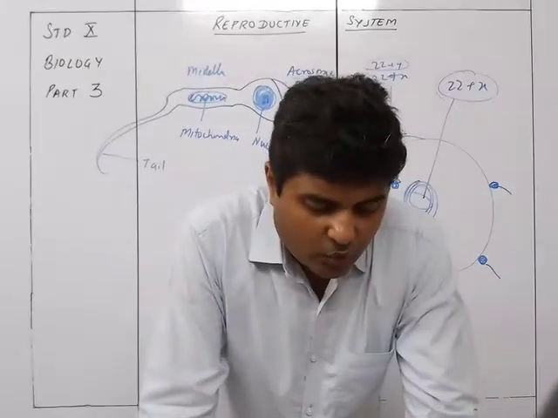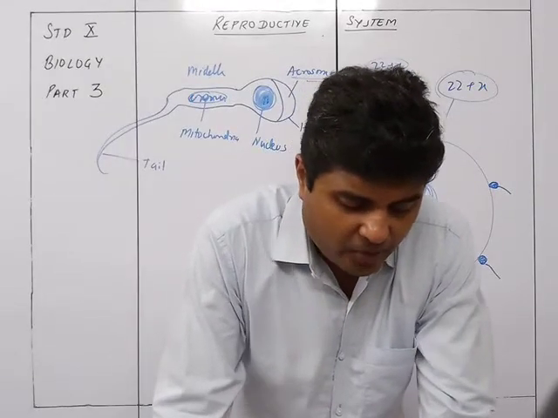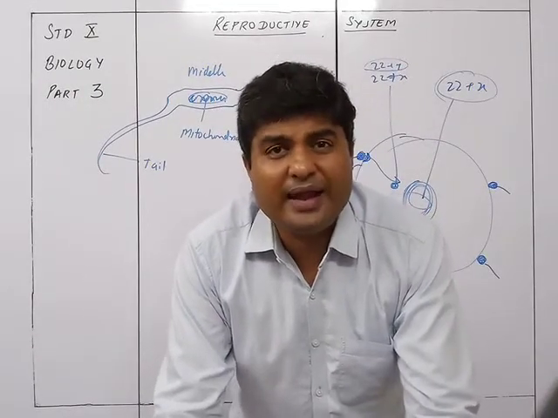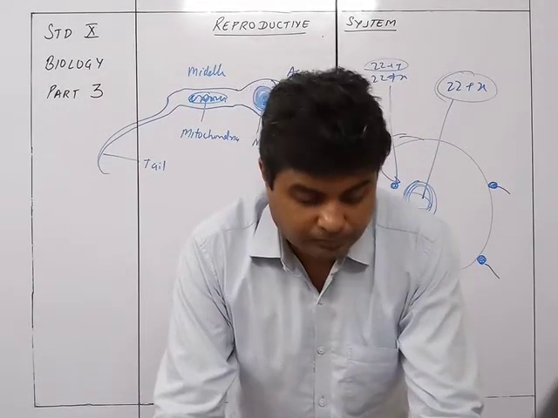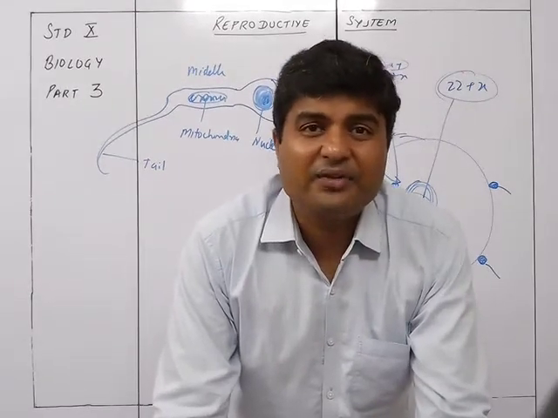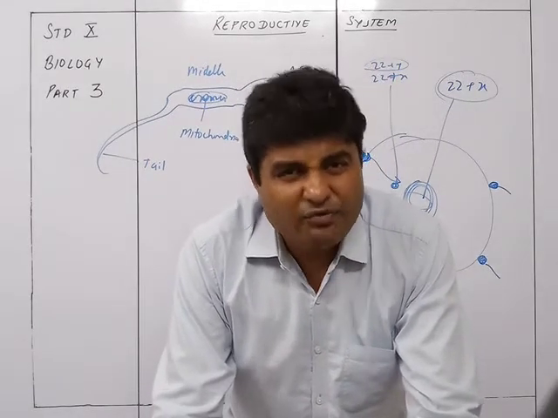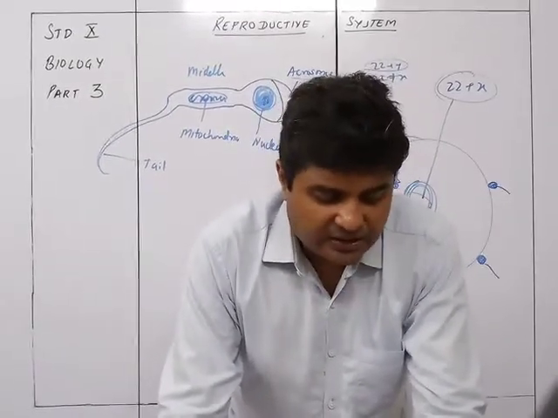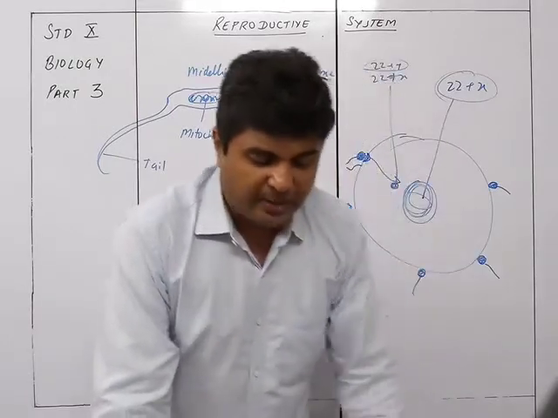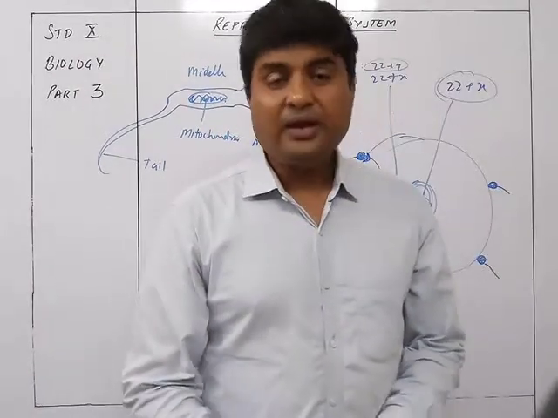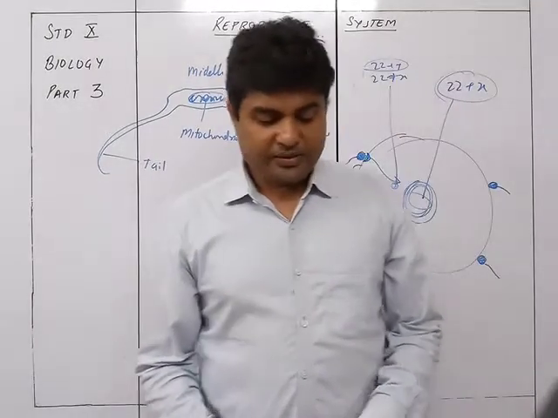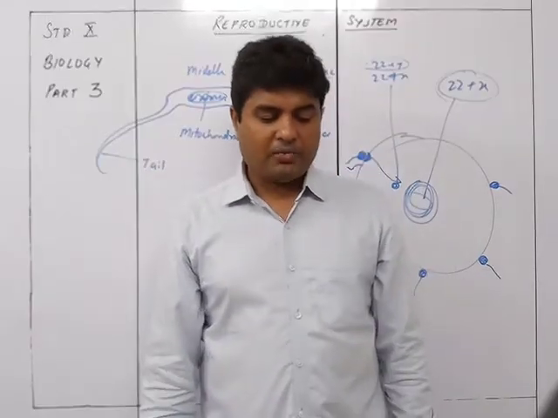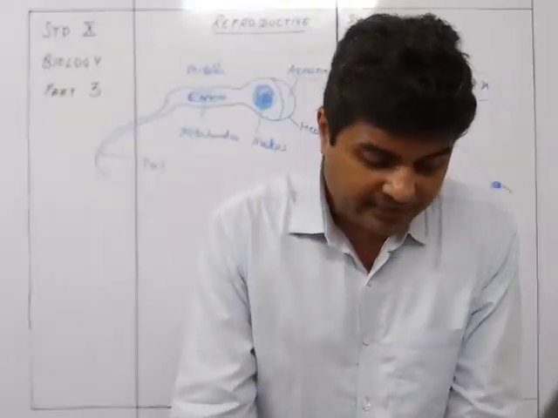So an embryo is a growing egg after fertilization until the main parts of the body and the internal organs have started to take shape. So when the growing egg is still in a form where it has not formed into any kind of structure, it is called the embryonic stage, and then it is a fetus. When the embryo starts having the look of a baby, after 7 weeks of gestation and onwards, it is called a fetus, and pregnancy is the state of carrying the unborn young ones inside the body. So that is called pregnancy.